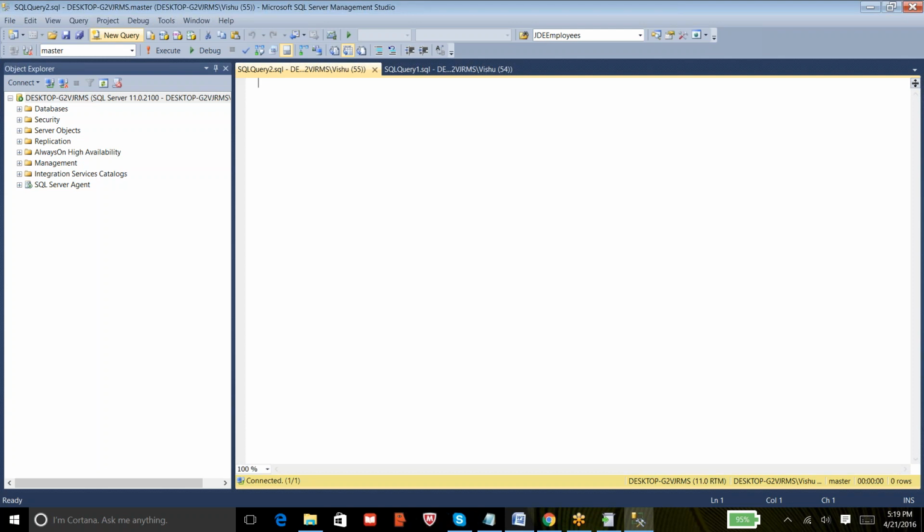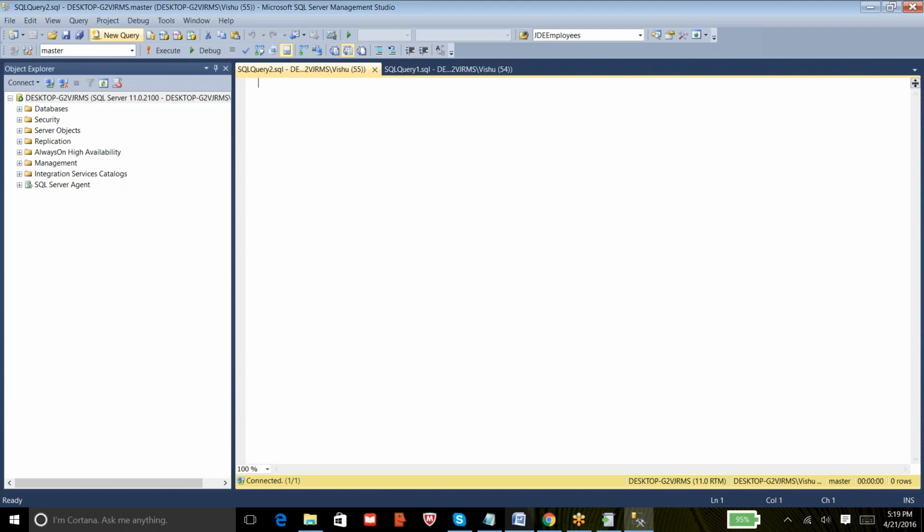I repeat it again. When a user executes a query to insert some rows in a table, those new rows first get inserted in the LDF file, and once the transaction commits successfully, the data in the LDF file will be flushed or moved to the MDF file.